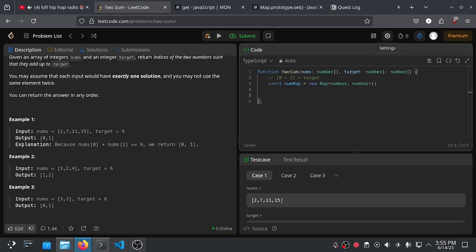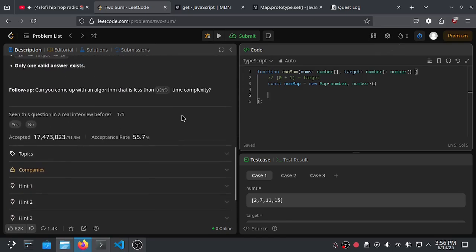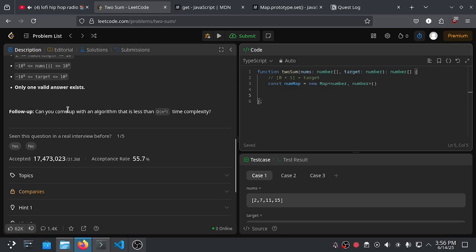And then we can use a nested for loop, but that will be brute force. So for the follow-up question, can you come up with an algorithm that is less than O of n squared time complexity? So we cannot use the nested for loop, because in the worst case, if we have, let's say, 100 elements inside the nums array,